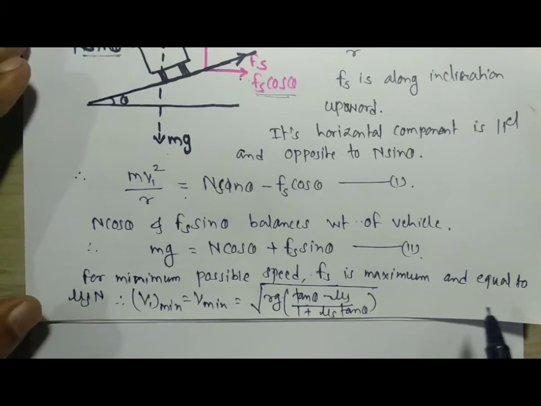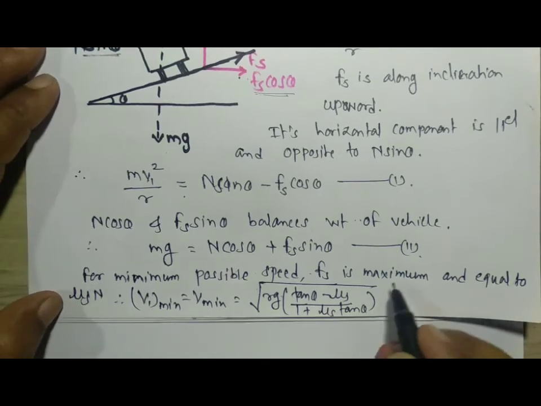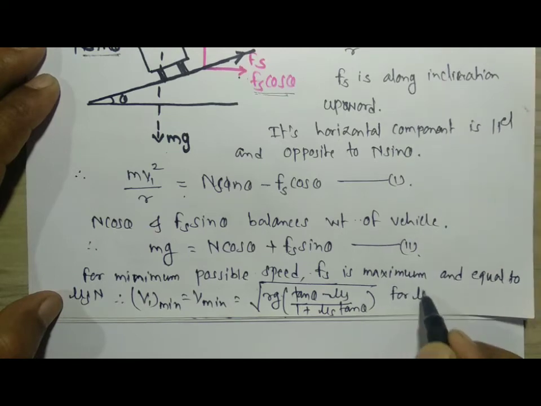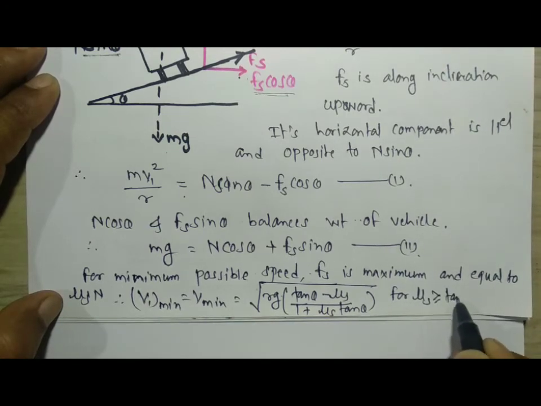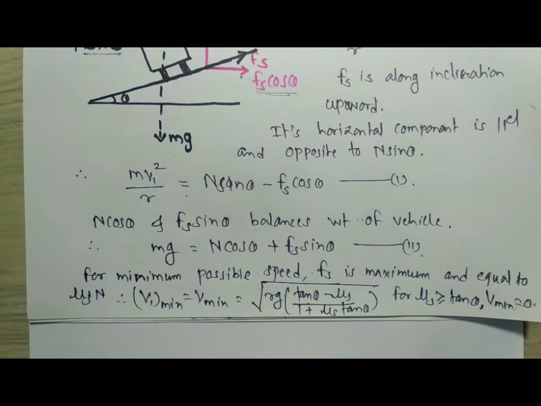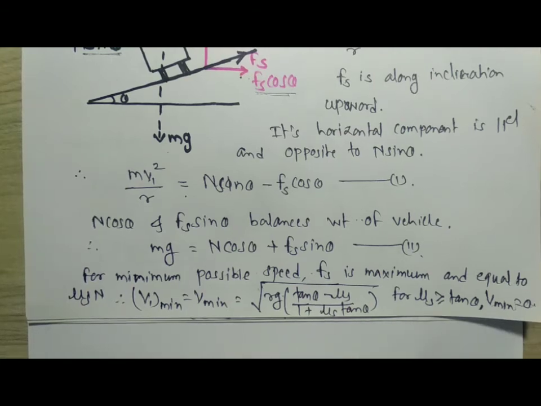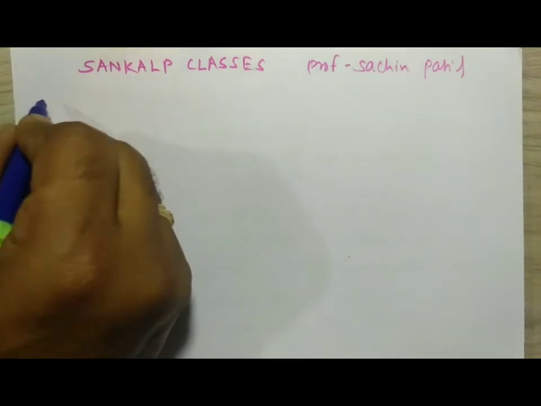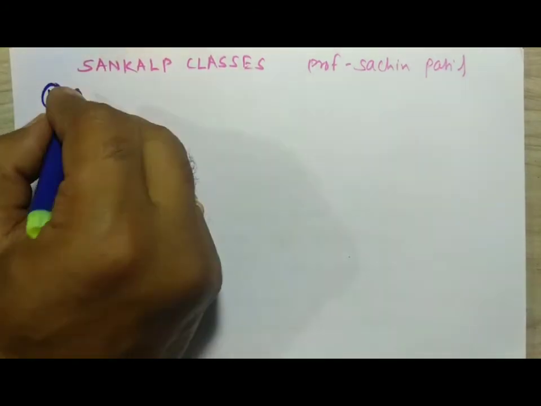And if mu s is greater than or equal to tan theta, for this consideration, at that time v min is equal to 0. That means mu s is greater than or equal to tan theta. At that time tan theta minus tan theta is 0, and you will get the minimum possible speed is 0 on that particular surface. Now similarly you can go on with the second one, the upper speed limit